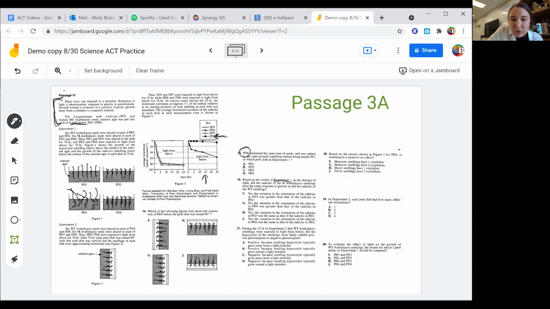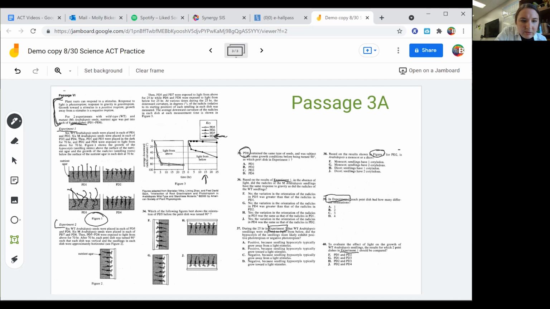37 is experiment 2. I'm going to put a box around that. Number 38 is talking about figure 1. Figure 1 is this over here. Ooh, number 39 is about experiment 2. Again, that's 2 questions. That should make your life a lot easier. And question 40 looks like it asks about experiment 1. So I'm going to underline that as well. Experiment 1 is right here, and experiment 2